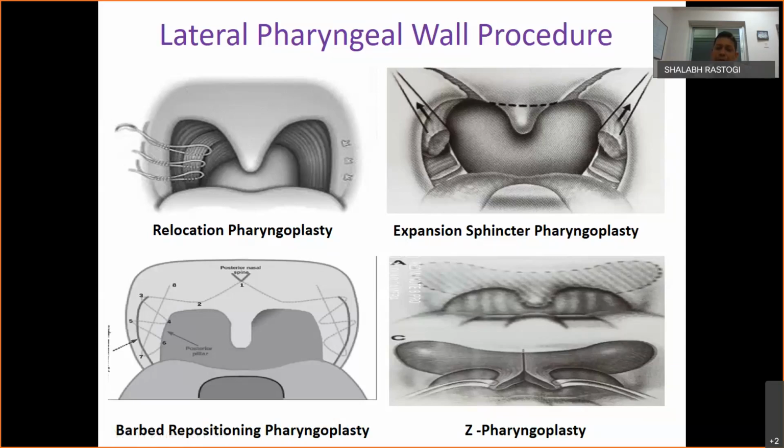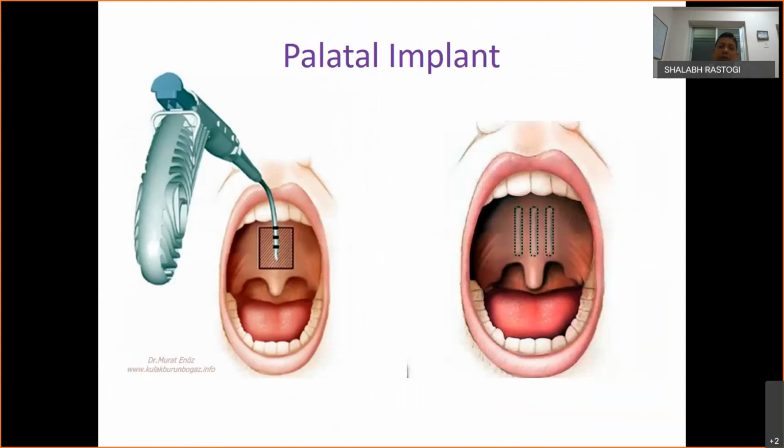So both flaps open up and create a large space for the air. Now, various implants are available in the market, but these are not very fruitful and can only be used to stiffen the soft palate. These are absorbable implants. The 3 implants should be placed, one in the midline and one in a 5 millimeter paramedian position. After their absorption during 6 months, it causes fibrosis and stiffening of the soft palate.